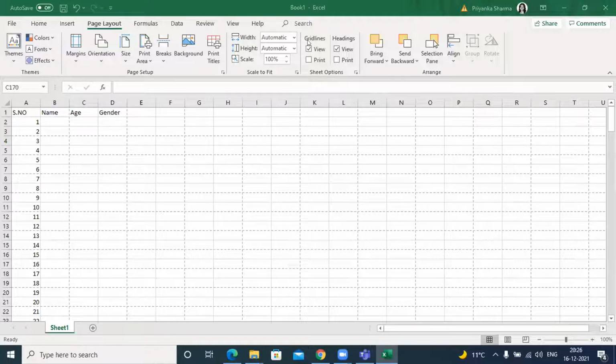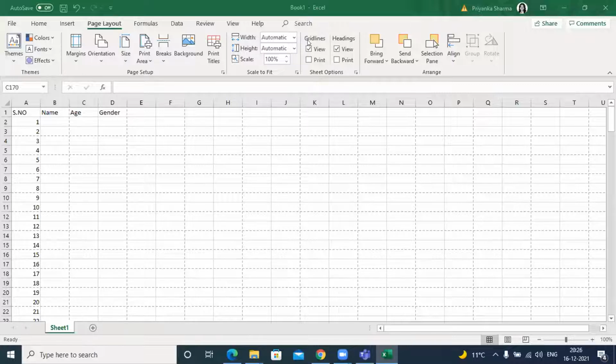Okay, I hope this is clear. Any questions? Okay, so this way it will help you to repeat your rows and your columns. Whichever option you want to select, it will repeat your rows and it will repeat your columns. Okay, are we ready for the next tip on Excel sheet?